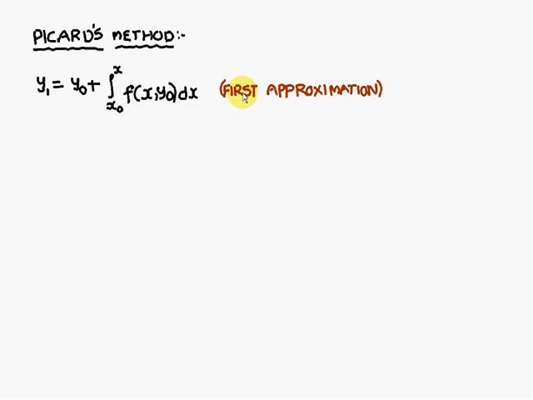In Picard's method, we are doing the following approximations. We will find the first approximation, second, third, fourth and so on. Depending upon the approximations, we will get the closest value. Whichever is the best approximation, up to that one we will do, and we will stop the procedure and give this as the approximate value.